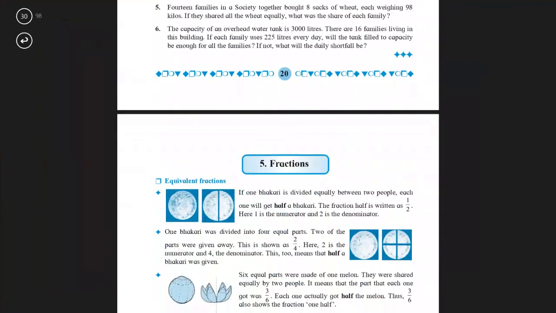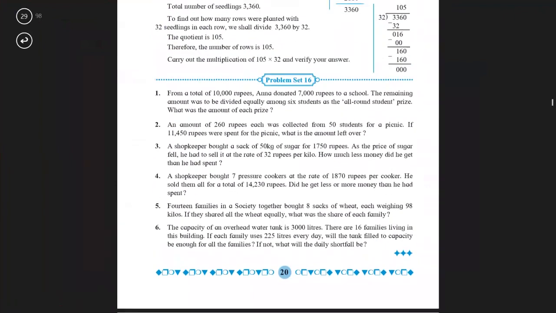Okay. So apart from just completing your work, children, make it a practice to solve all these sums once again in your rough books as many times as you can. Try to practice and revise. These are all very simple sums. They are all very basic sums which you require even for your higher classes. So solve it and see that you are thorough with all the sums.